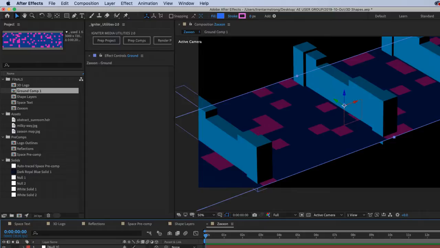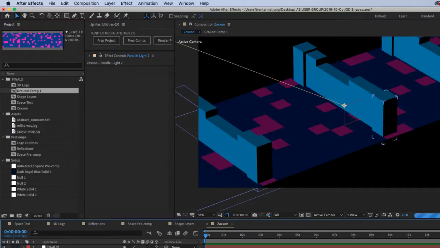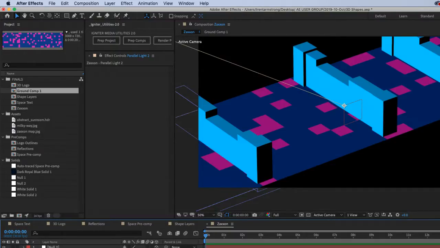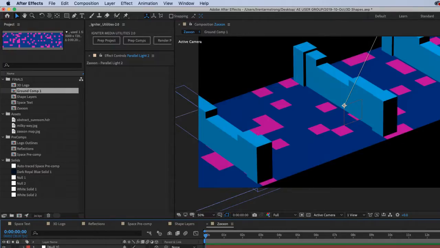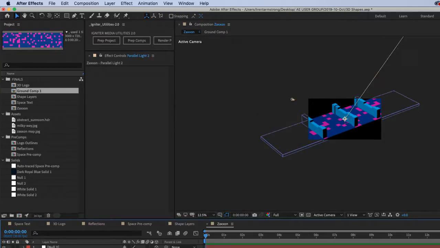And then extrude that. And we'll put another light in here. See if we can add a little extra.